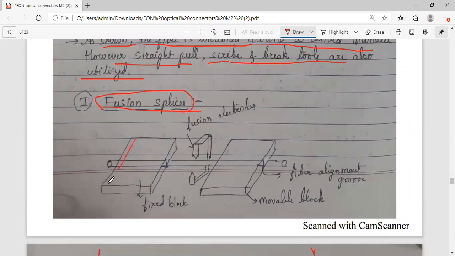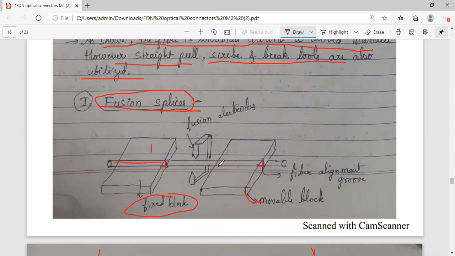Here you have a surface. This is one and this is the other one, out of which this one is fixed. This block is fixed. This one is movable, over which you are keeping an optical fiber. Now you can observe here the blue color. I hope you can identify that. I have now shown a groove with a red color, the V-shaped groove. So how can you get this? You can again go for etching. Remove that middle part from this block so that your optical fiber will fit in that groove.